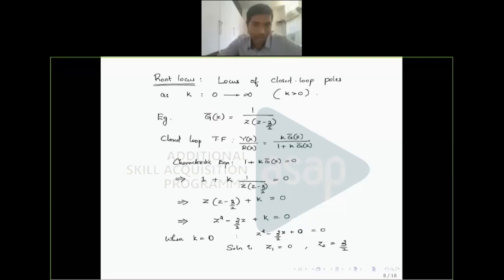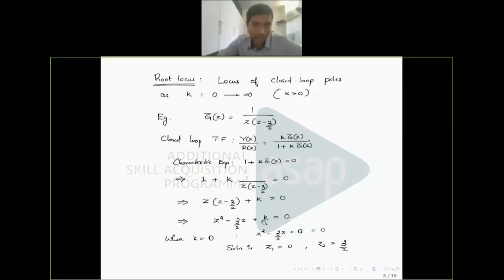So for this problem, we'll do it by putting different values of K for the moment, and in the next problem that I am discussing, I'll show how to plot root locus directly. Okay. So I hope you understood what is root locus. Root locus is the locus of closed loop poles, which can be obtained from the solution of characteristic equation, as the controller gain K is varied from 0 to infinity, so that you can identify for what values of A you can design such a controller.